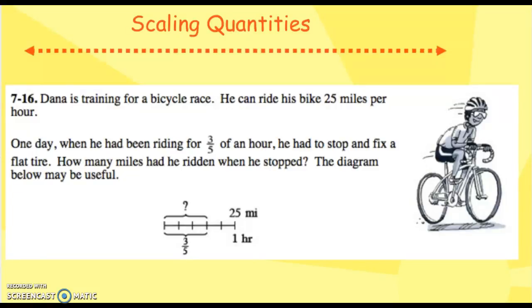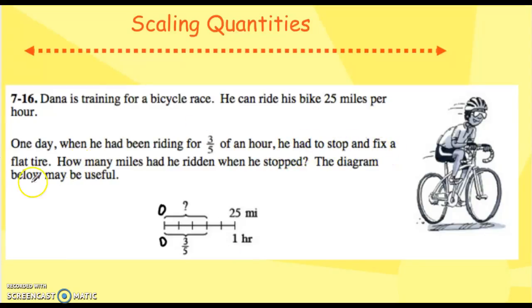So hopefully this looks familiar to what we had done back in Chapter 5, where it went from 0% to 100%, but now we're going from 0 minutes up to 1 hour, and then this would be 0 miles to 25 miles. So the first thing I'd like you to do is start by drawing the same diagram in your notebook. Okay, so the goal here is I need to find in 3/5 of an hour how far he had gone